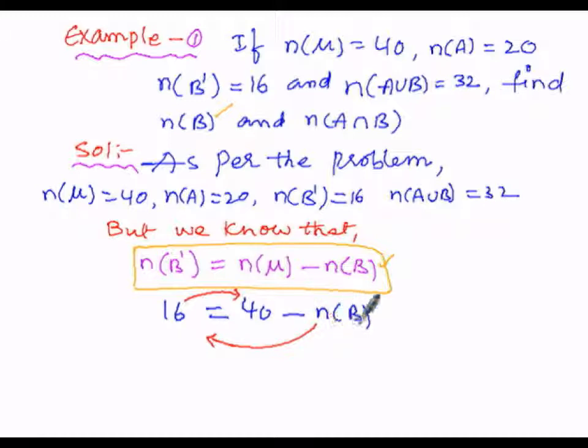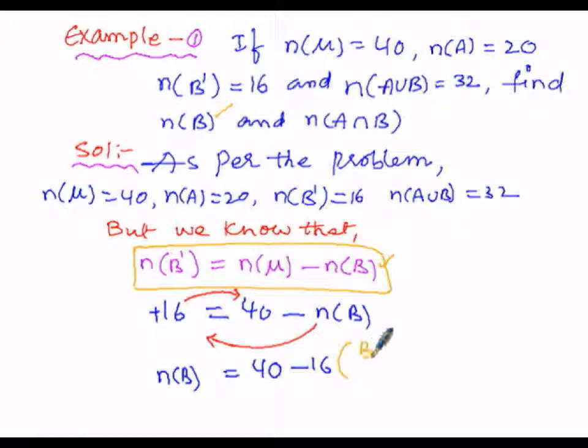Minus n(B), when it is transposed to the left hand side, becomes plus n(B), that equals to minus n(B) is transposed now to the left hand side with positive sign, and only 40 is left over on the right hand side. At the same time, positive 16 must be transposed to the right hand side. Plus 16, when it is transposed to the right hand side, becomes minus 16. So I got this step